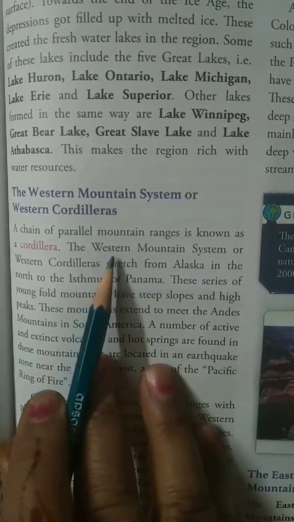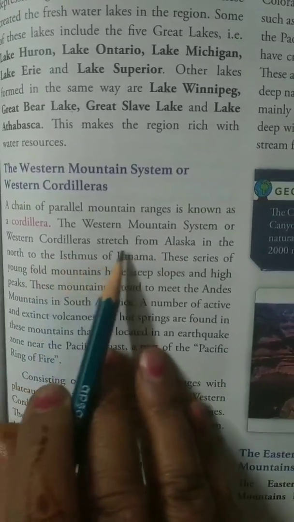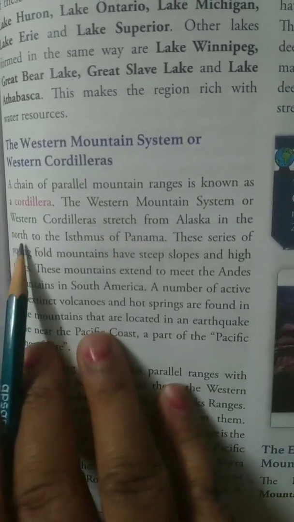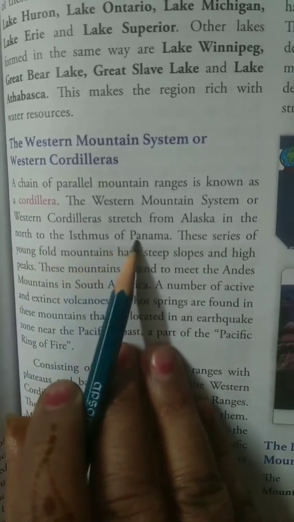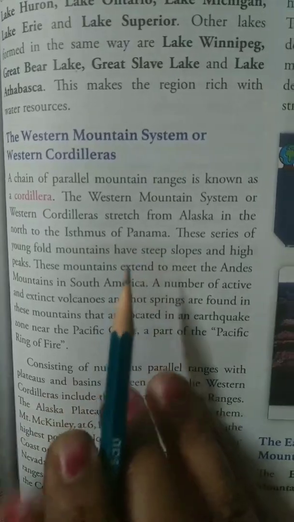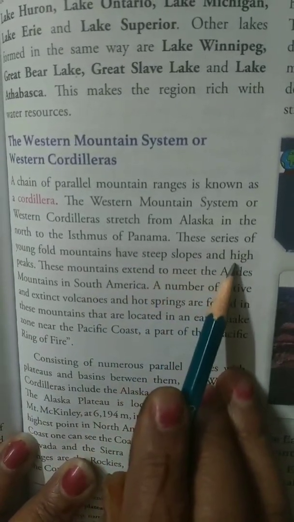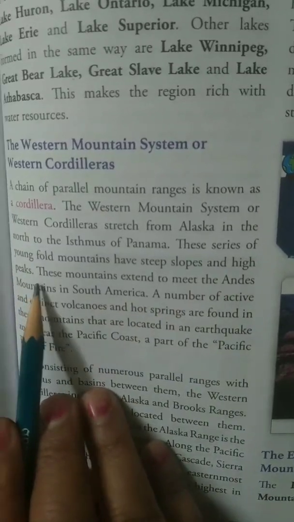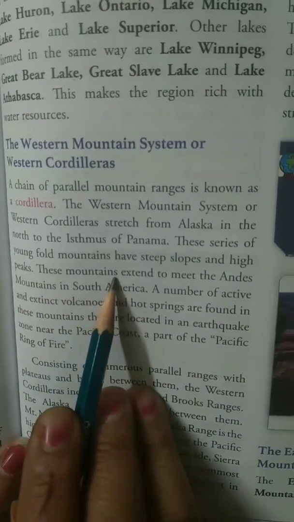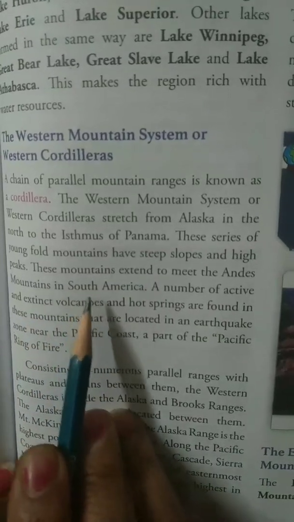Now the Western Mountain System stretches from Alaska in the north to the Isthmus of Panama. Now children, they are a series of young fold mountains which have steep slopes and high peaks. These mountain ranges meet the Andes Mountains, which are situated in South America.